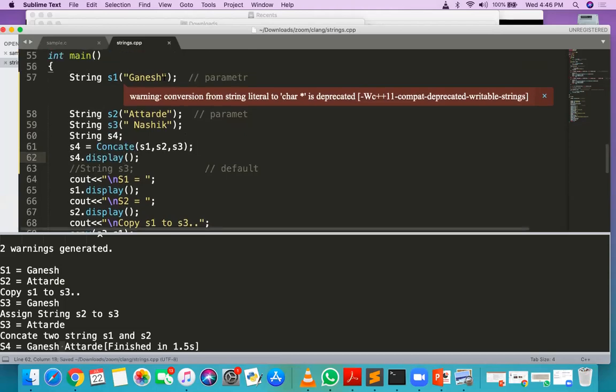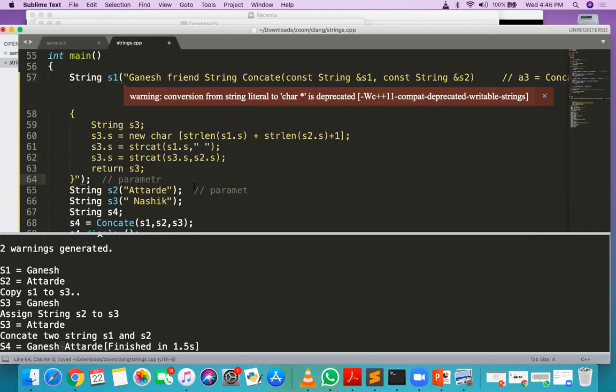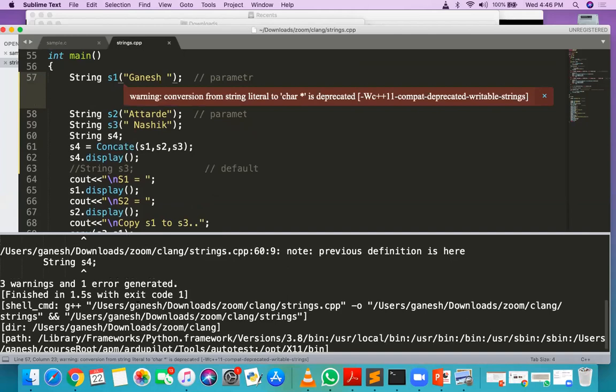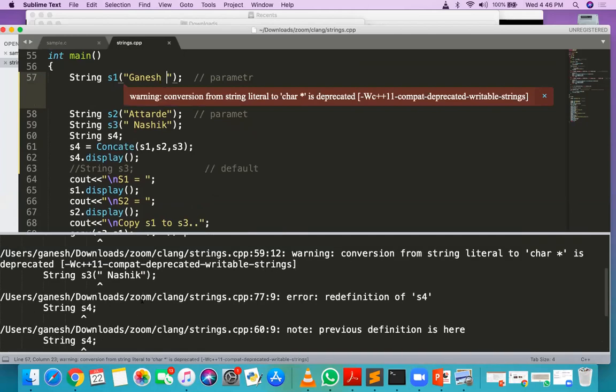So your output should be Ganesh, I'm putting a space, Ganesh space Attarde Nasik. Okay. Control Z, Control B. It is an error. No, the display function I have called here.